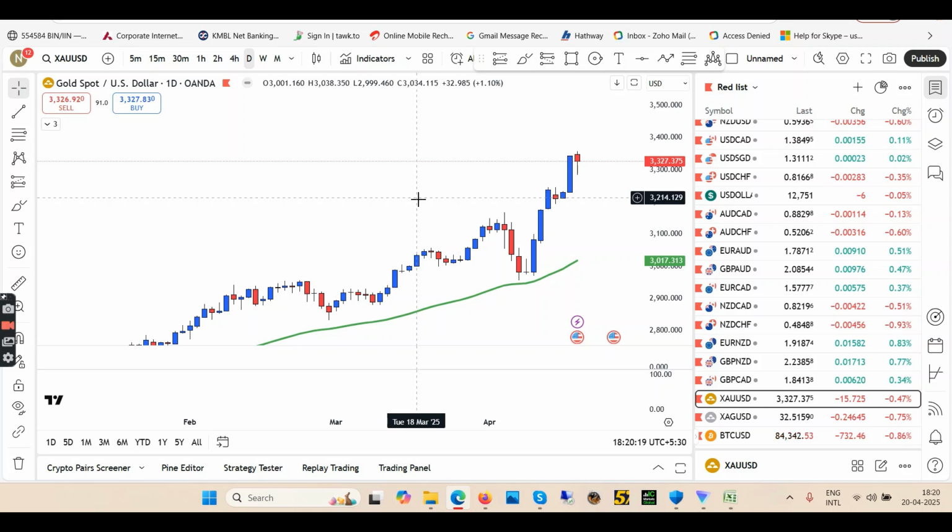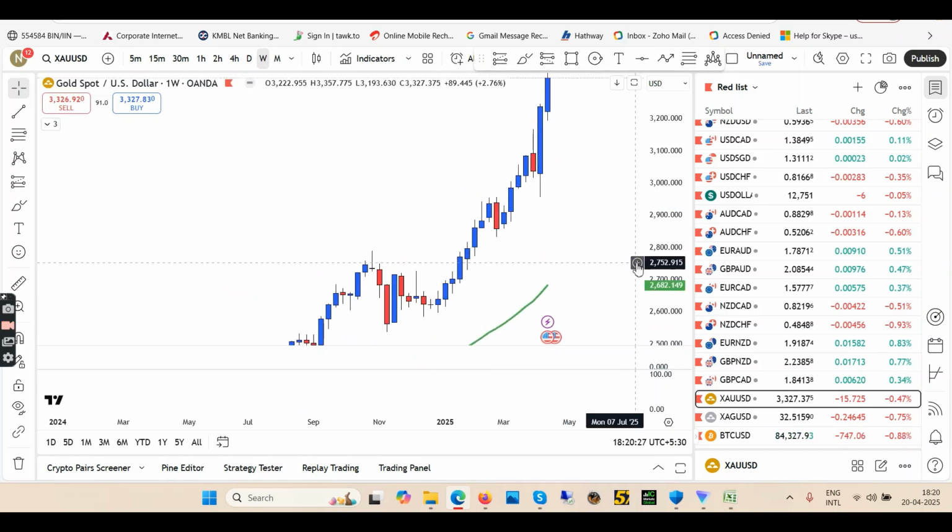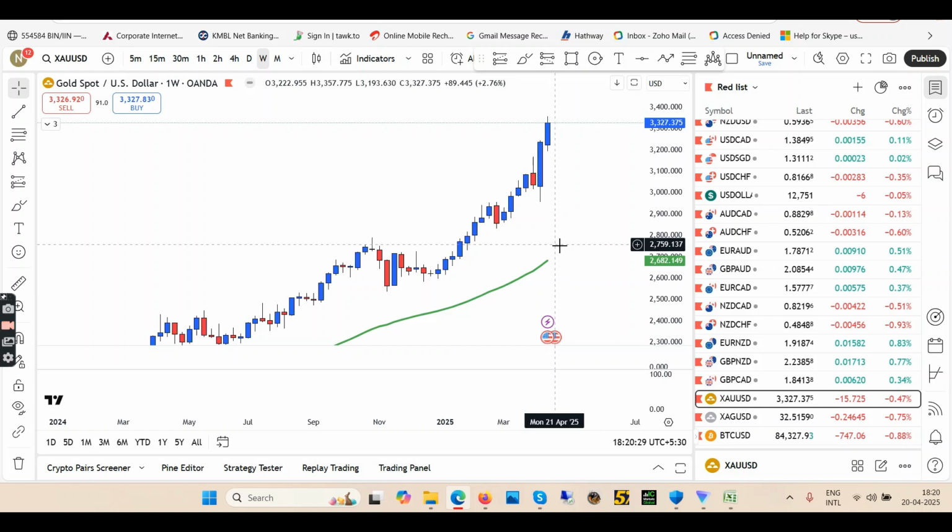So starting with the daily time frame, or rather we will go with the top-down approach. So top-down means we will check the weekly time frame first. And in weekly, we can clearly see that the trend for gold against USD, everybody knows it's up, okay? The gold has been in the uptrend for like 3 years now. So you can see it's clearly in the weekly, it's an uptrend. And we don't have any signs of it coming down as of now, okay? So weekly is uptrend for sure.